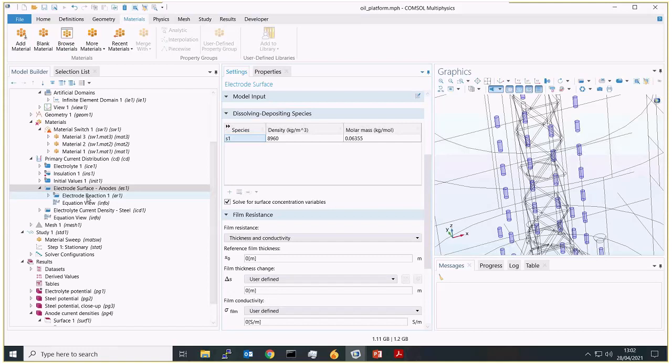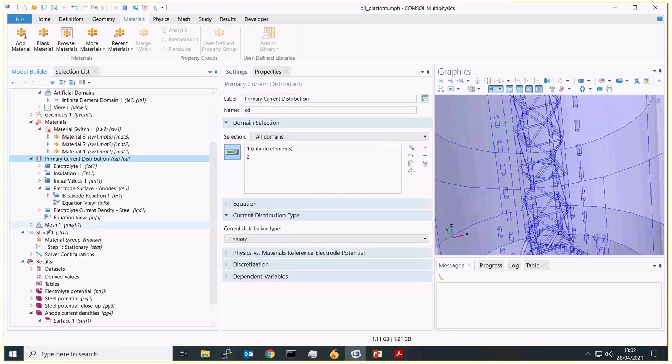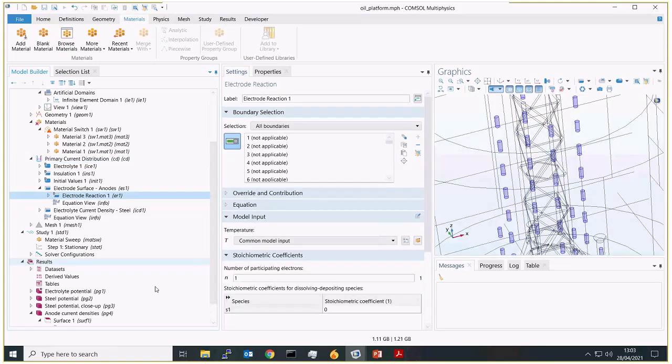I think that's a bit more of a difficult question. It would really depend on how complex you wanted to define the corrosion. What we can do with the current distribution interface is, if you're not concerned about mass transport, then you can simulate the potential field and the electrochemical kinetics. I think the main challenge with your supercritical water reactor would just be having accurate parameters for your equilibrium potential and your exchange current density.